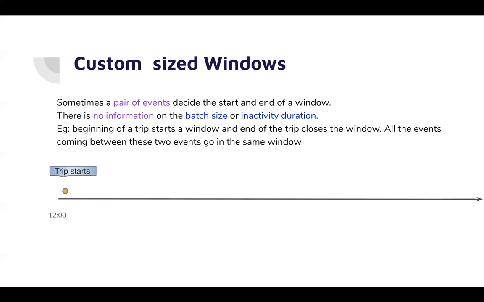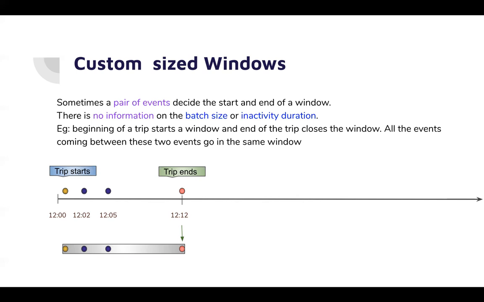So this is our time axis. Let's say at this point of time, the trip starts and the car travels and generates different events. And at 12:12, the trip completes. So once the trip completes, now we are going to process all the events you have gathered from the trip. This may help you in capturing telematics data, where you would like to see if the car driver was careful, did he follow the speed limits, did he take any hard brakes, and so on. In short, you get all the data points for a trip as soon as the trip completes.